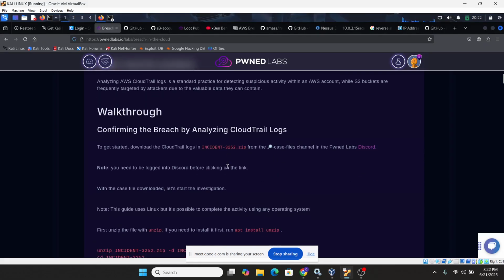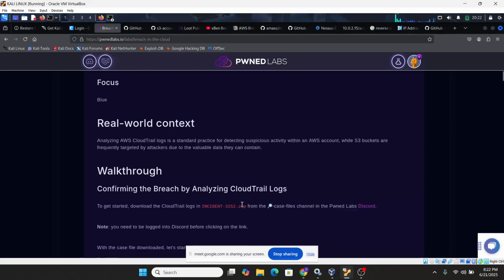That's how they designed this lab. So make sure you are logged into your Discord, download it, and probably copy it to your Linux or your virtual machine rather.